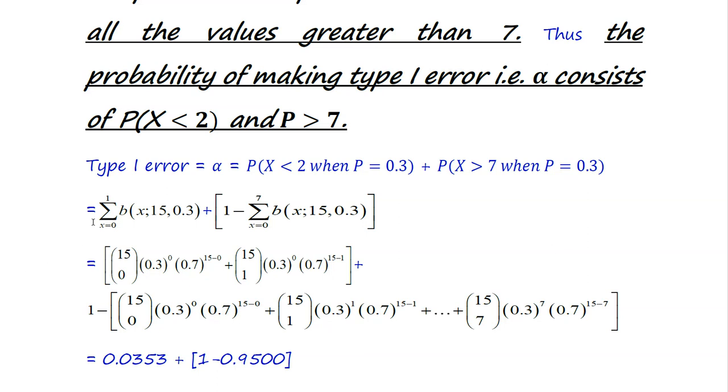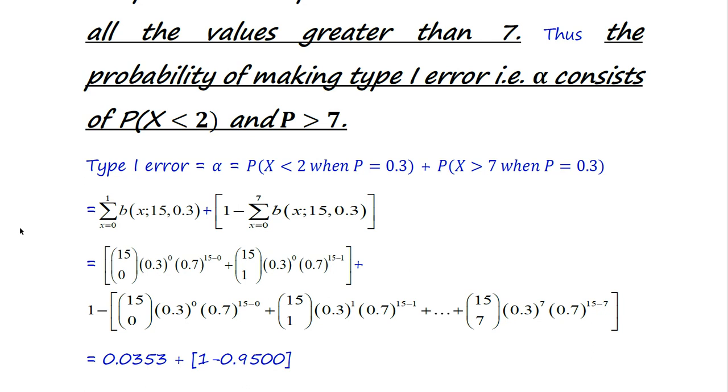As you know, the binomial distribution belongs to the family of discrete distributions. So its probability mass function is a sum over x. In the first region, x less than 2 means 0 and 1, so the range is x from 0 to 1. B represents binomial, x is the random variable, sample size 15 is the first parameter, and 0.3, the probability of success, which is the proportion of adult population, is the second parameter, plus